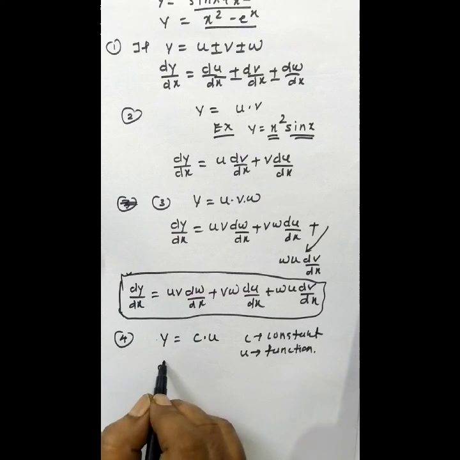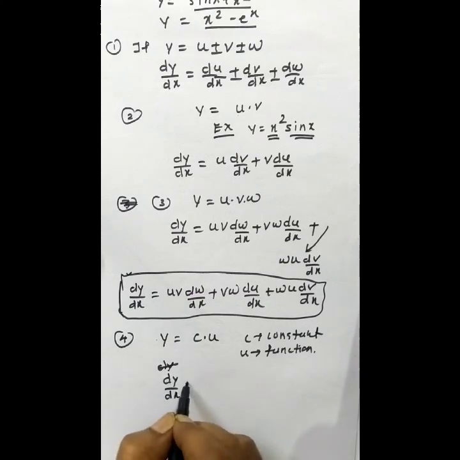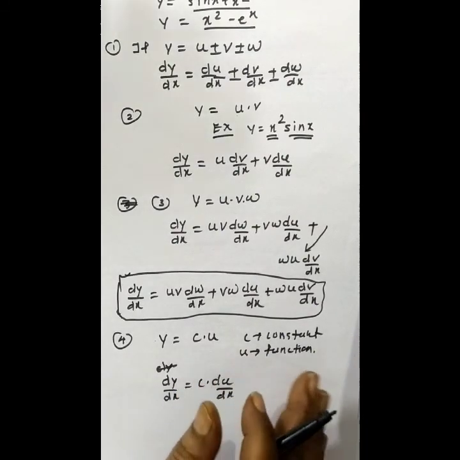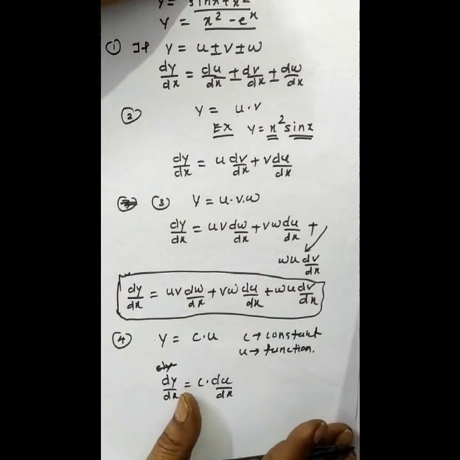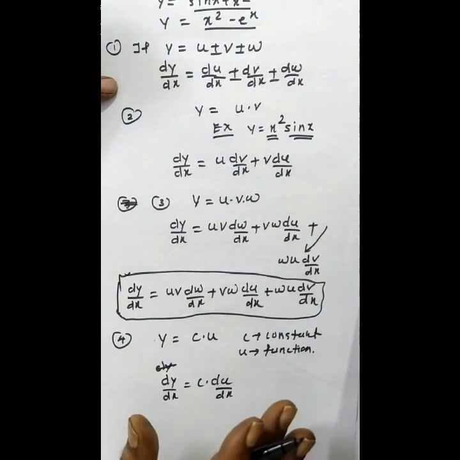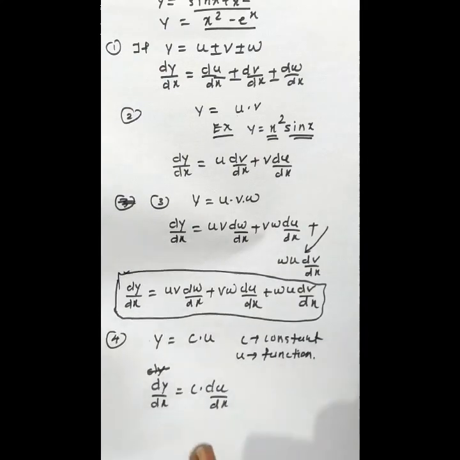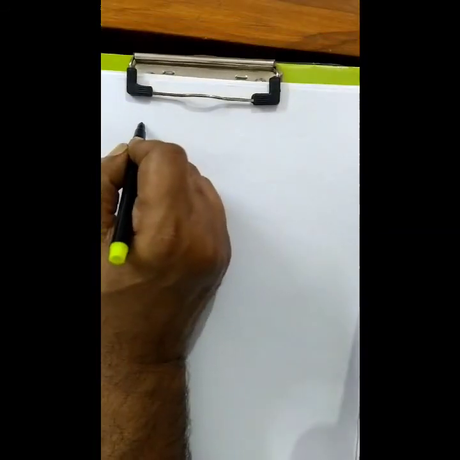So we can write dy by dx equals c into du by dx. You have to keep the constant as it is and write the derivative of only the function. So the first one is u plus or minus v, the second is u into v, the third is uvw, the fourth one is c into u. Next we come to the last formula, that is y equals